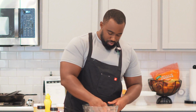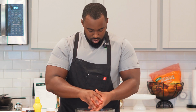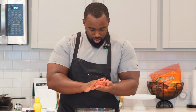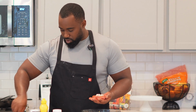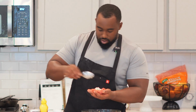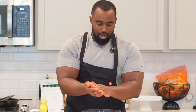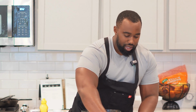So you're gonna grab you a decent little size to make a healthy patty. Depending on your hand size, grab you about like a little bit more than a handful. All right, we're gonna flatten this out. Add a few blue cheese crumbles up on in that thing. So go ahead and close that blue cheese up inside your beef. I like to just set mine on some parchment paper, let that hang out until you finish